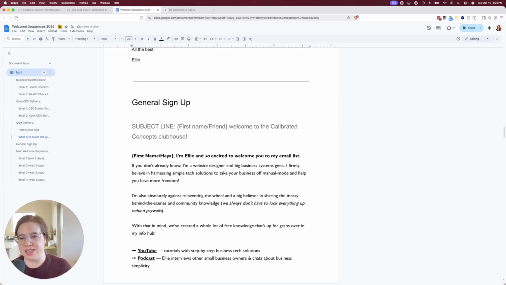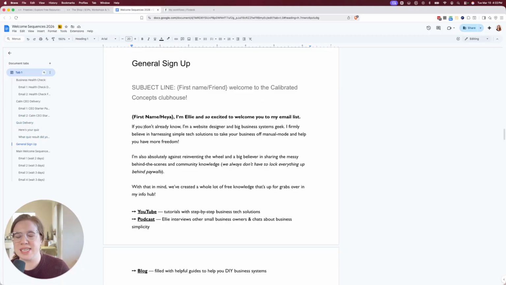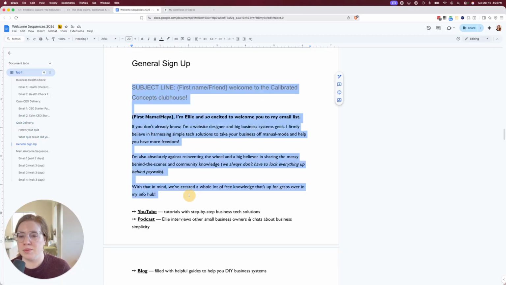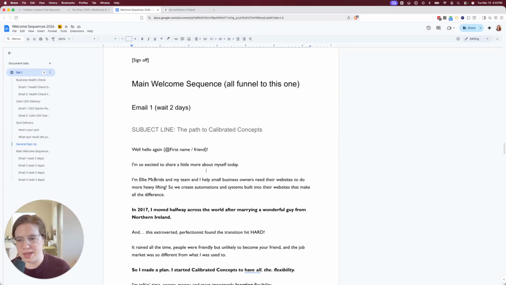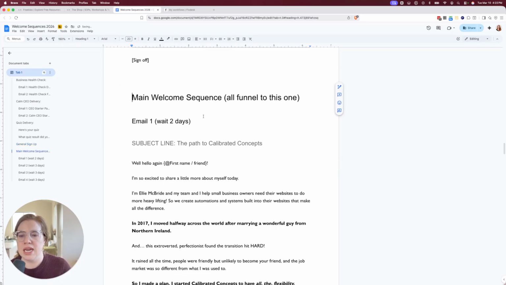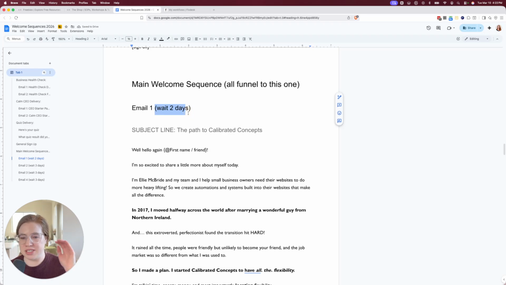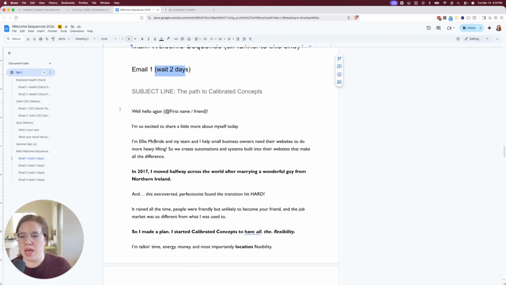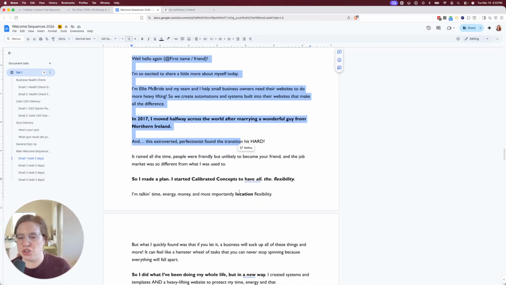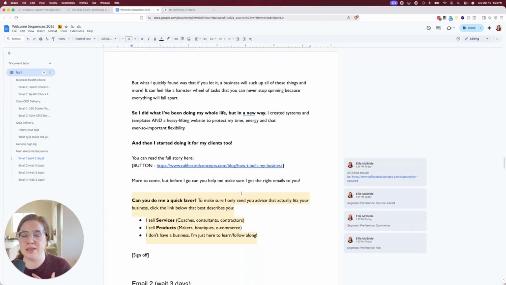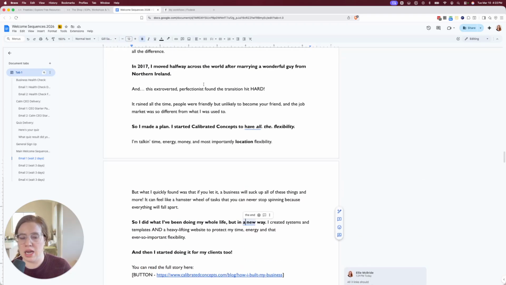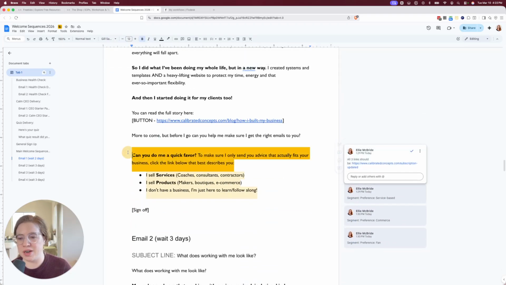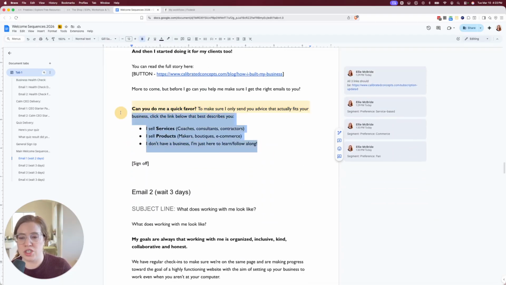Then we have, if they've just signed up in the footer of my website and haven't signed up for a specific freebie, we have that email as well. And then everybody, all 4 of those other ones funnel into this main welcome sequence. And so you can see, wait 2 days. These are these timeline things I'm talking about. And we talk about my journey to my business. And that's my telling a really hard story for me and why I started my business. And then we've got another question about people